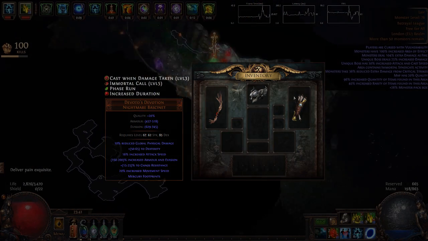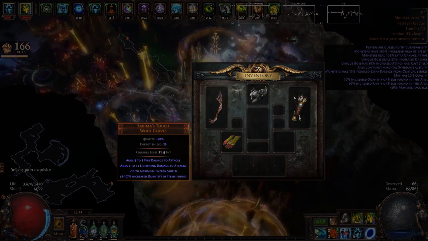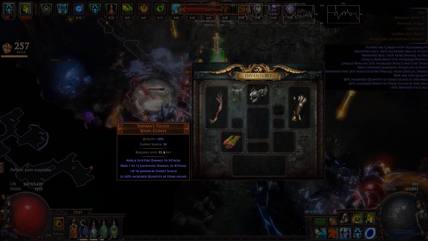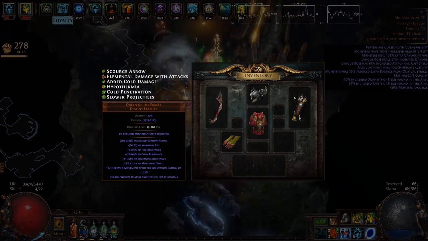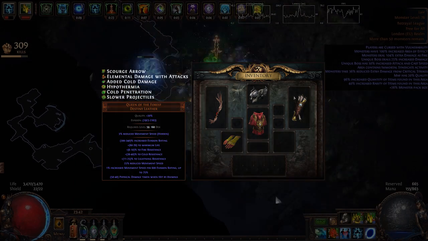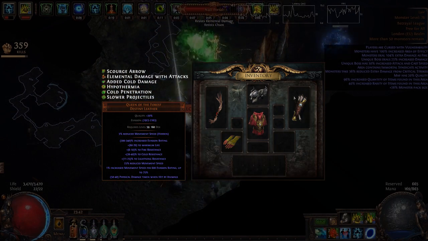it's quite costly. Gloves. Even after the nerfs, I still recommend using Sadima's Touch for the 10% quantity. In this slot goes the Herald of Ice setup with Herald of Ice, Curse on Hit, Assassin's Mark, and Onslaught. Chest. Queen of the Forest got nerfed this patch, but 50% move speed is still a must-have. If you're like me and skip bosses, then you can level 6 additional gems in there to boost up your